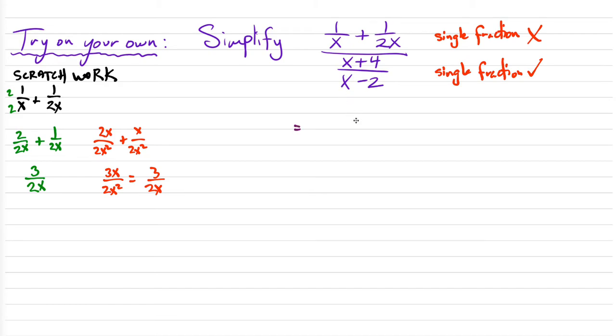Okay, so top fraction should have been 3 over 2x. Bottom fraction already was a single one, x plus 4 over x minus 2. And then because we're dividing two fractions, now this is the keep, change part: keep the first, which is the top, change to multiply, change the second fraction,